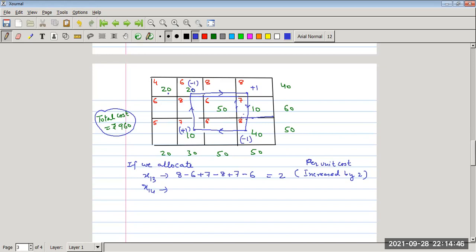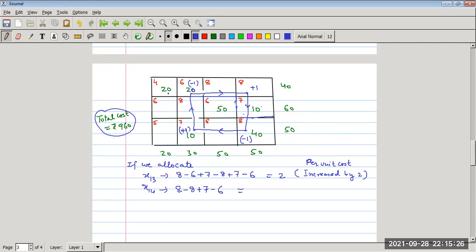So now we have to check. Wherever a loop is formed, we have to take only those points. If in between, like look, we allocated at this point, here there is allocation, here allocate. We have to jump. Directly we go to 40. We don't go to this point 10. Right? So now what is the change in cost? One item allocated at this point and its cost is 8 rupees, so the cost here is 8. Here when we reduced one item, the cost also reduced by 8 into 1. Here the cost increased because we allocated one item and the per unit cost is 7 rupees, so it increases by 7, plus 7. Here it is decreased by 6 rupees.